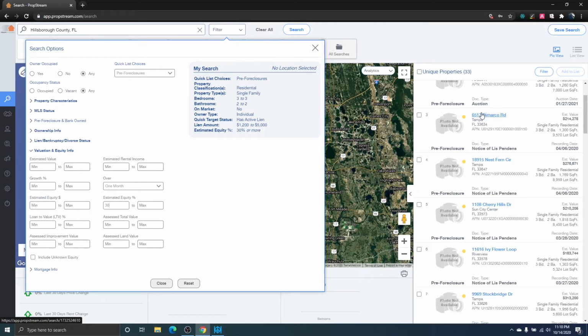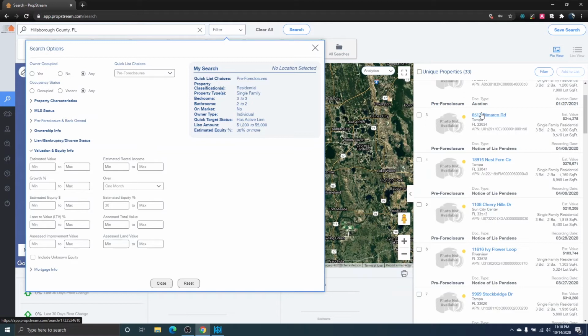In this case, I cut my leads about in half. I took almost 30 leads away that were less than 30% equity. So if I'm a straight wholesaler and that's my only model, and I'm mailing those other 30 or so potential leads, come to find out, hey, I only have 5% equity in my home. There's no way I can sell it to you for the pennies on the dollar that you're asking because I owe more than you can offer. So you just narrow it down again, finding that needle in a haystack, but you're doing that ahead of time before you